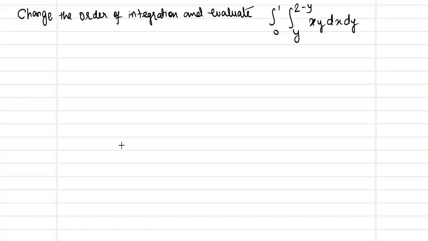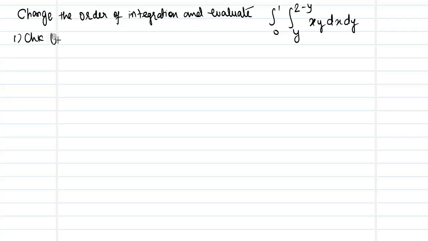This video talks about the change of order of integration and evaluation of the double integral, integral from 0 to 1, integral from y to 2 minus y, function is xy, dx dy. The four steps involved in the change of order of integration and evaluation problem is: step number 1, check for